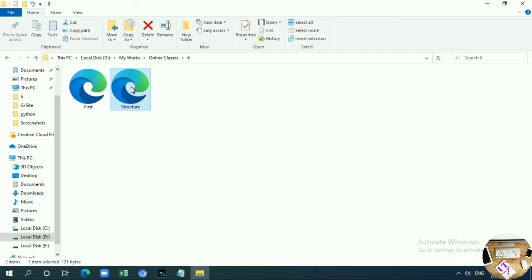That's going to open the structure program. It's just taking time. Anyway, if we are saving an HTML program, we want to save with the extension .html. So don't forget that when we are saving any document. Otherwise we won't get it.